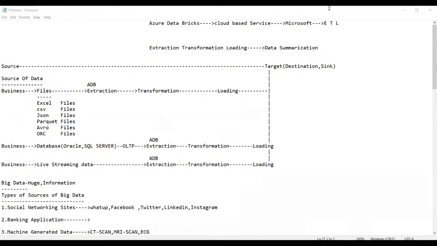I heard ADF is also an ETL tool, and you mentioned ADB is also an ETL tool. See, you are trying to understand what companies are doing. I'm telling you the live scenario in most projects right now. Up to data ingestion, meaning extraction, they are using ADF. Further, for transformation and loading, they are using ADB. In some projects,